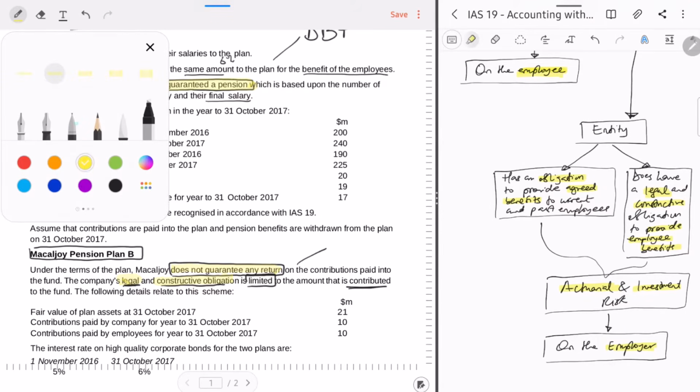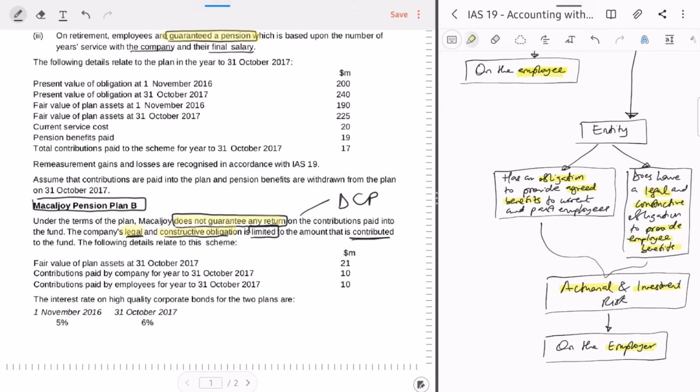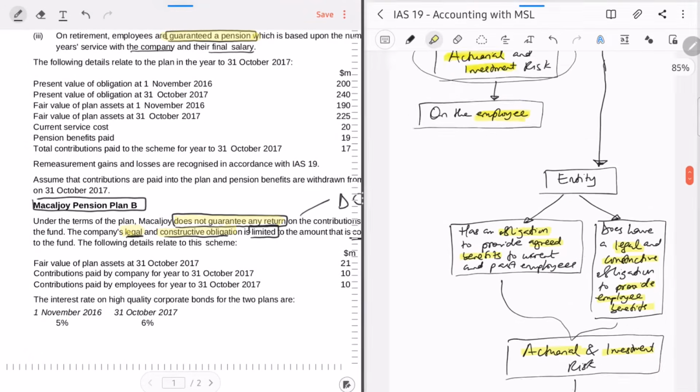So this is clearly a case of what? Plan B is a defined contribution plan. So plan A is a defined benefit plan. Plan B is a defined contribution plan. And that's it, really. So if you're answering a question, you can use the points we made here to